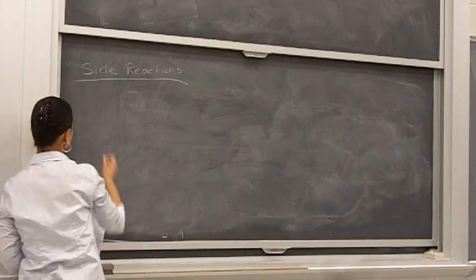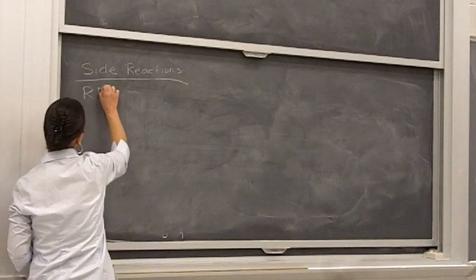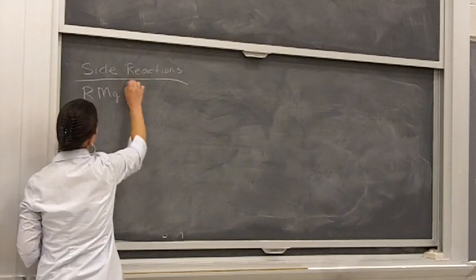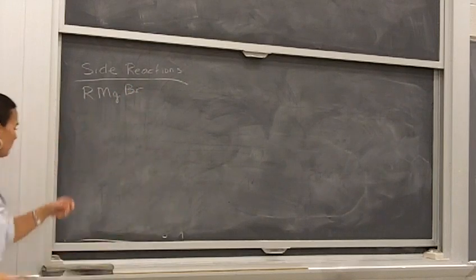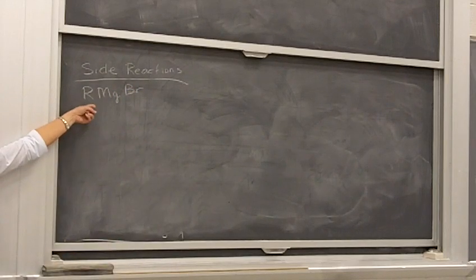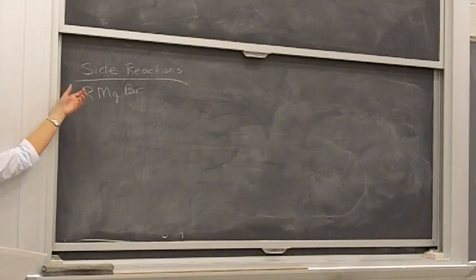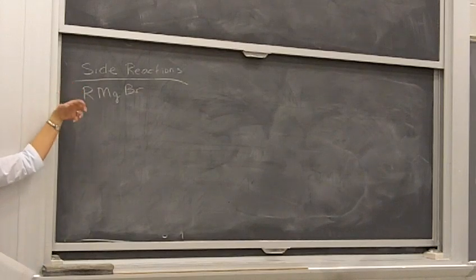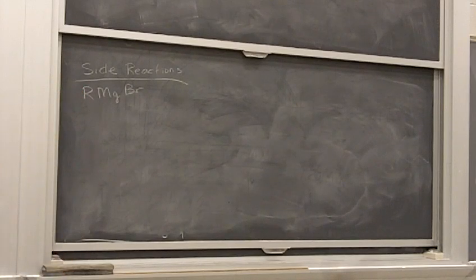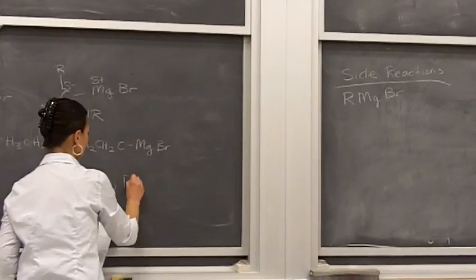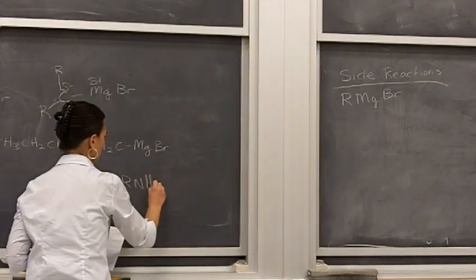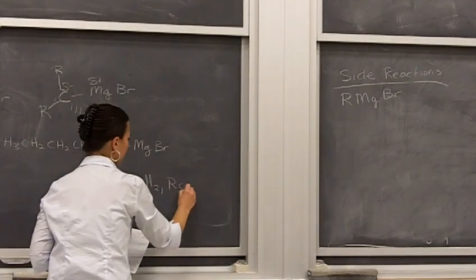So one of those is the carbon in our organomagnesium bromide, the carbon attached to the magnesium. Since it is a nucleophile, it can act like a weak base, and it can react with things like water or amines or carboxylic acids